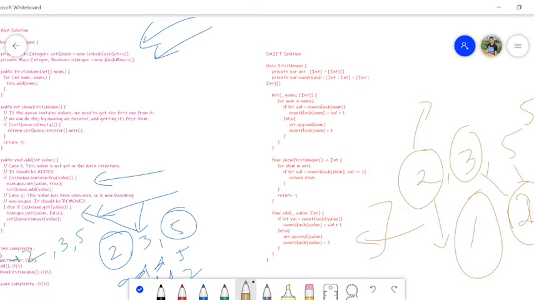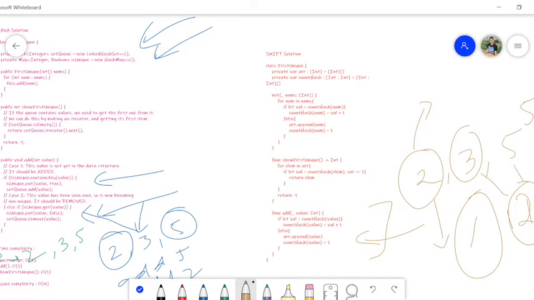Earlier, we were removing from the set. But in this solution, you do not need to worry about the removing or adding part. What you can do is, while you are traversing, just check in the hash map whether the count is equal to 1 or not. If it is equal to 1, it means it's a unique element. If it's more than 1, it's not a unique element. So that's the logic. I can write the logic without using the add or remove API logic part. That's the difference from the Java solution here in Swift.